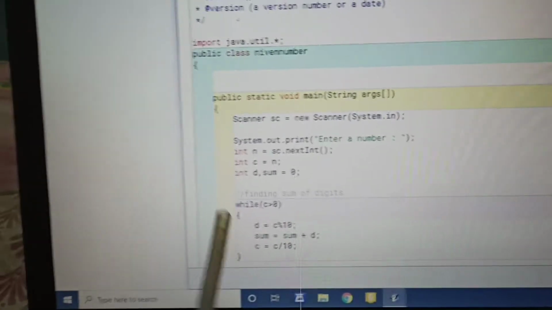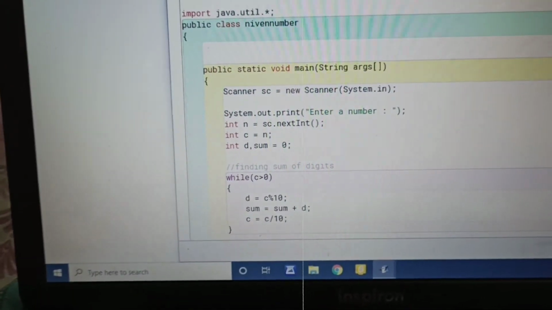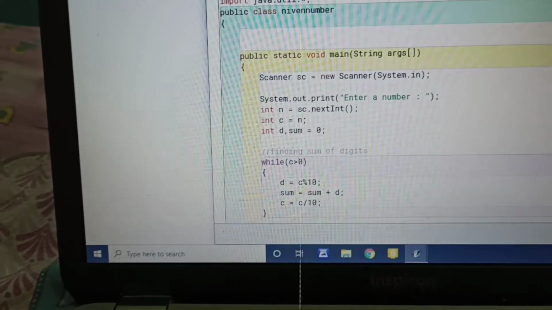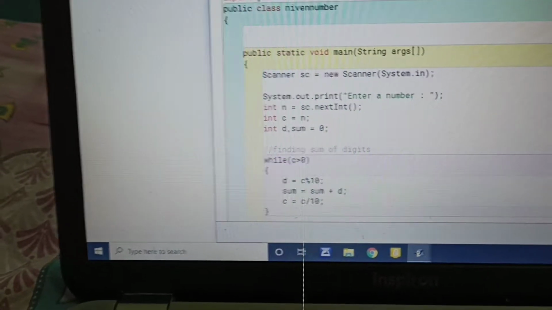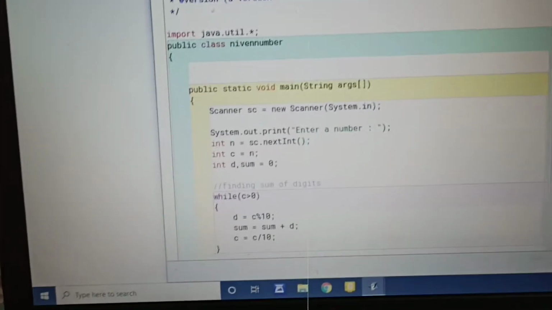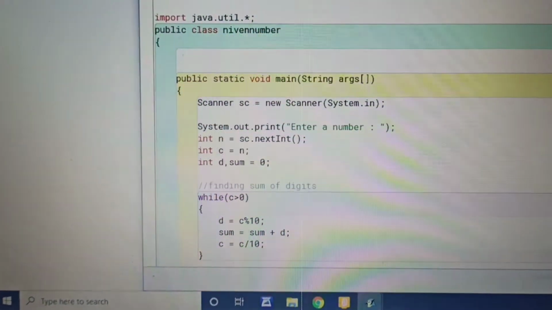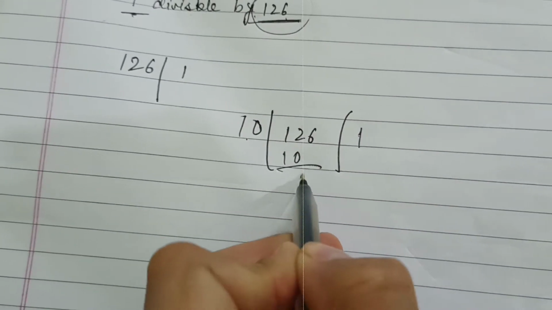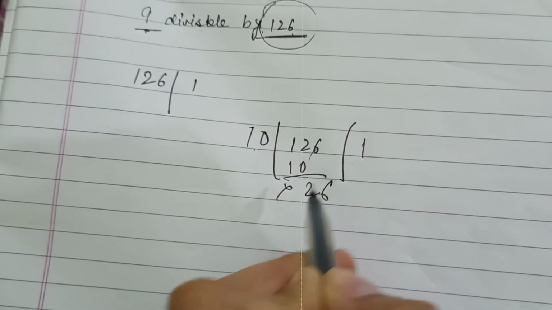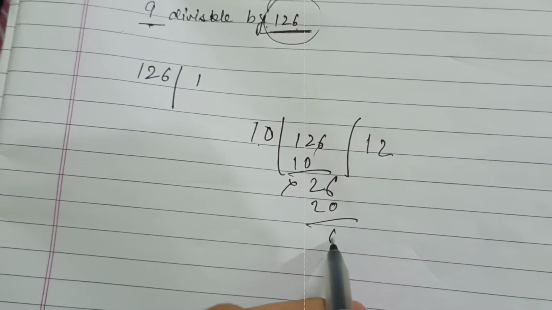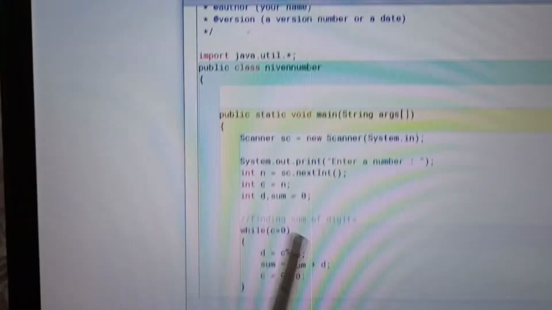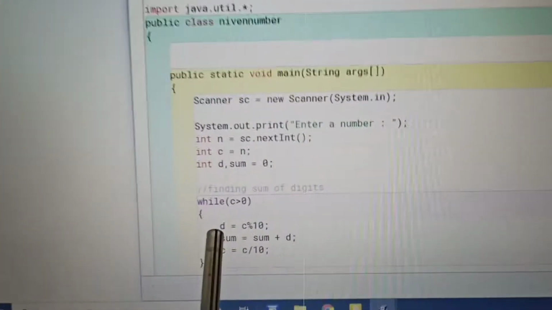Now we divide 126 by 10 to find the remainder. We get 6 as the remainder, and this 6 is stored in the d variable.